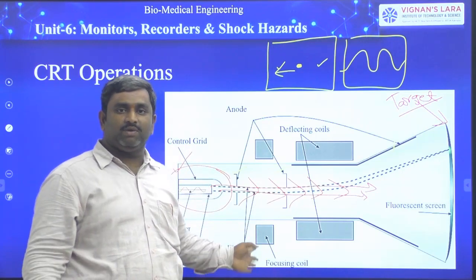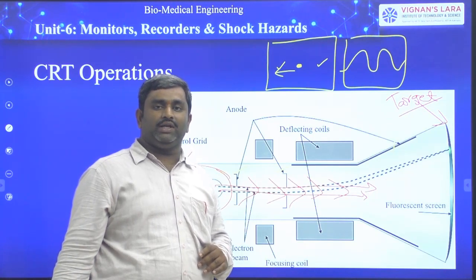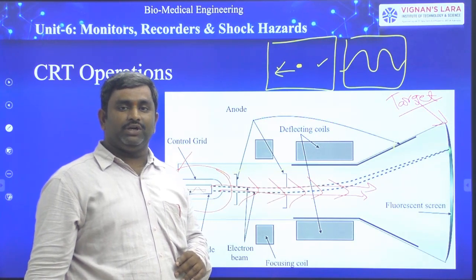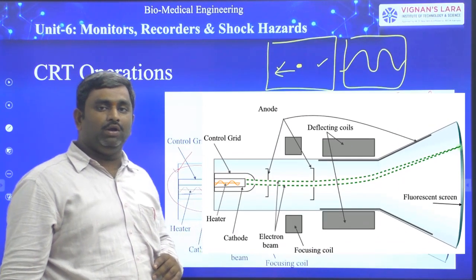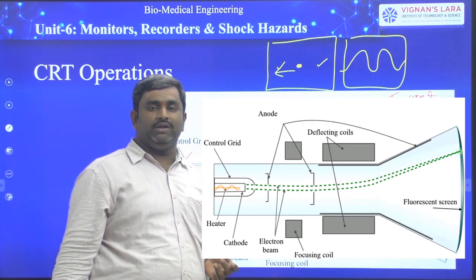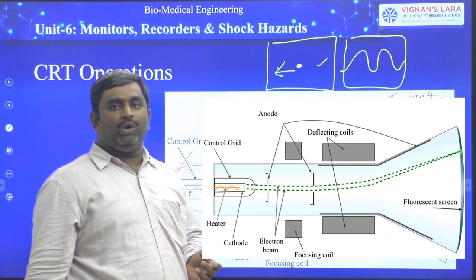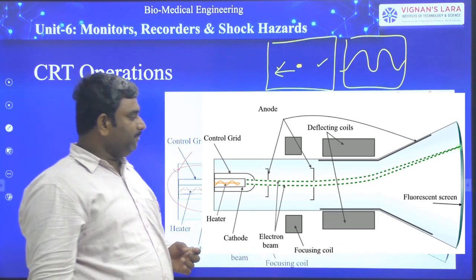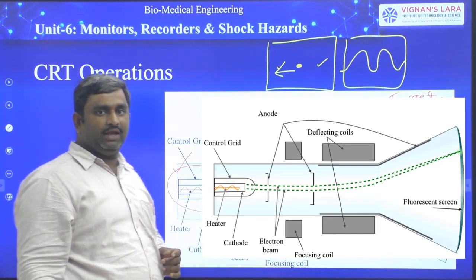Other than this, we have some electronic circuitry, that is, the horizontal deflection system, vertical deflection system, sawtooth wave generators and time-base generators. These are the different types of blocks available in this CRT that we can learn in the electronic measurements and instrumentation subject. Otherwise, you can see in the EDC laboratory, we have a trainer kit of cathode ray oscilloscope. In that, we can see clearly. So, this is the basic operation of CRT display.